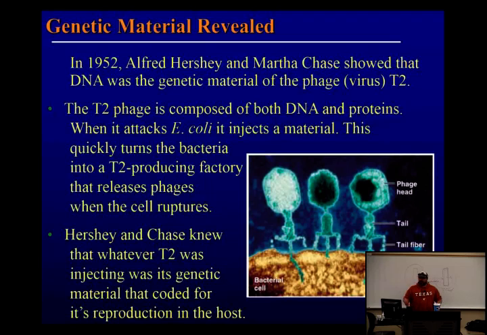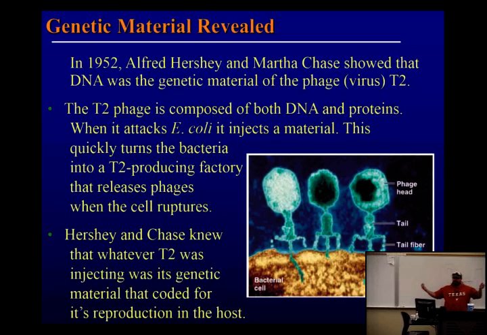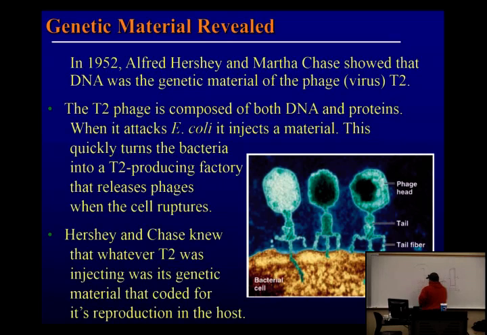In 1952, just to give you a reference, right? So World War II is over. We've already dropped 2 atomic bombs on Japan. But we still don't know what our genetic material is. So these guys, Hershey and Chase, they did an experiment where they used a virus called a T-even virus. So it's T2 or T4 or T6 or T8, right? And there's other T viruses that are odds. So can you guess what their numbers are? 1, 3, 5. Yeah, you get it.